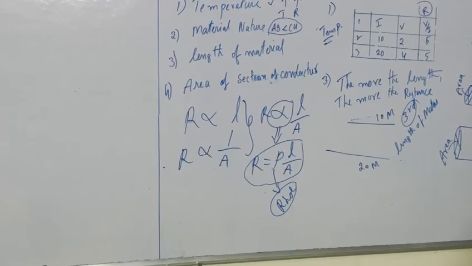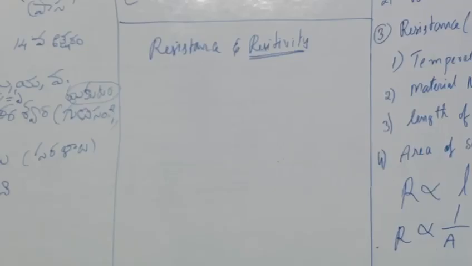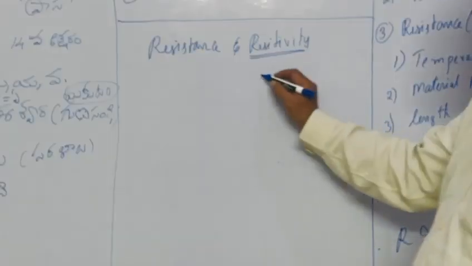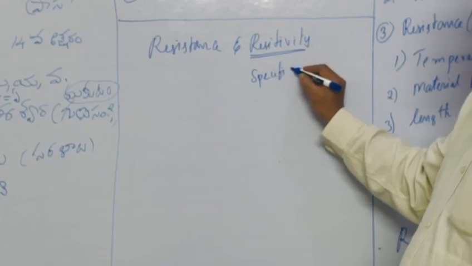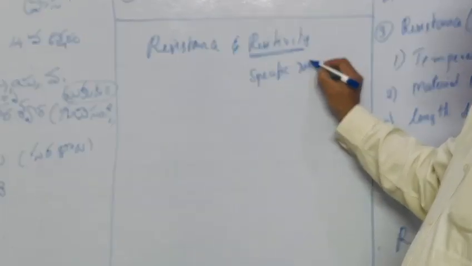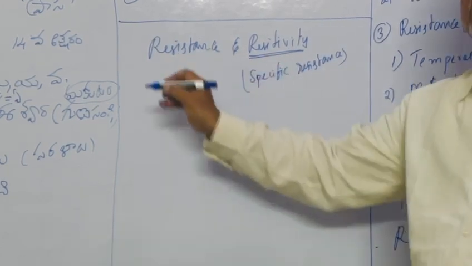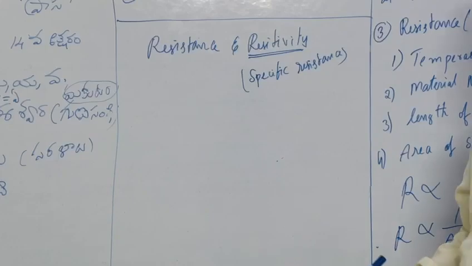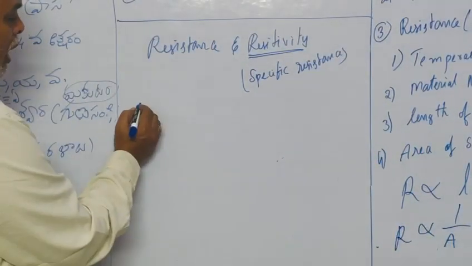There is a difference between resistance and resistivity. It has another name also. Specific resistance also it is called. This is the unit of resistivity. What is there? R is equal to